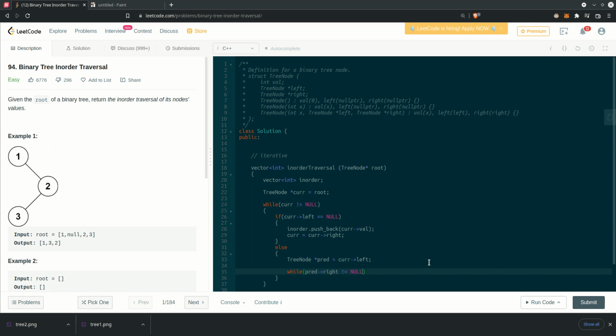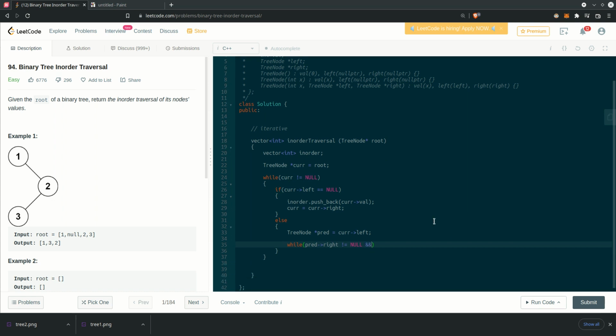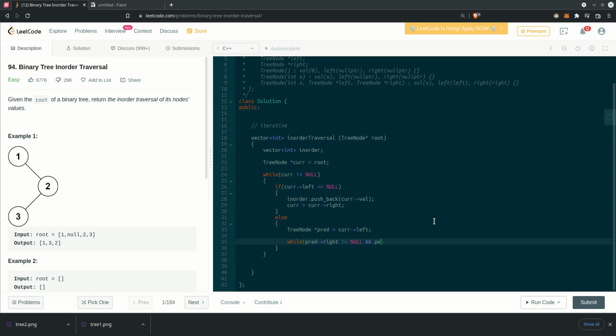So first thing, either the predecessor's right is null, or the predecessor's right which is present must not be equal to the current element. In that particular case, we traverse to the left. So if the predecessor's right has become null,